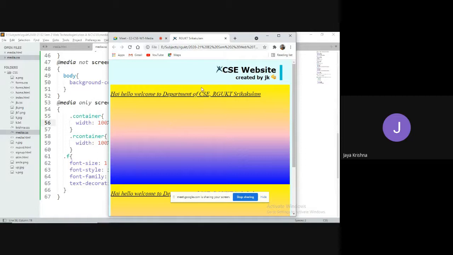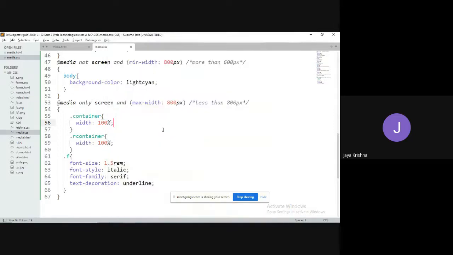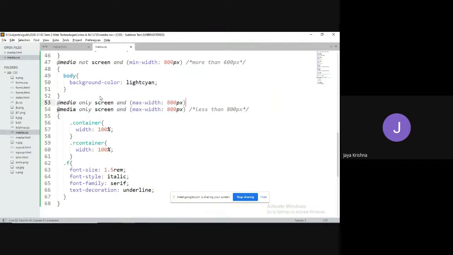Okay, let me go for a combination, or else you can practice that. Instead of this, I can define a minimum width of 400 pixels and a maximum width of 800 pixels.